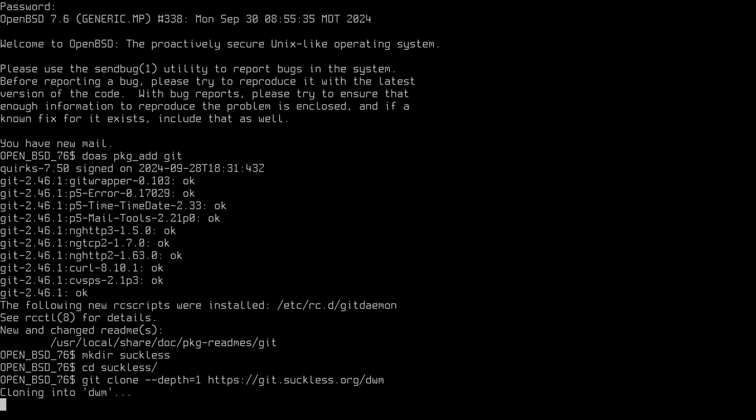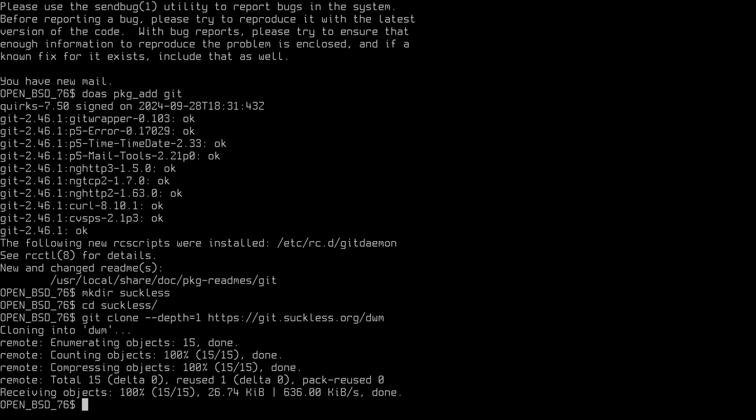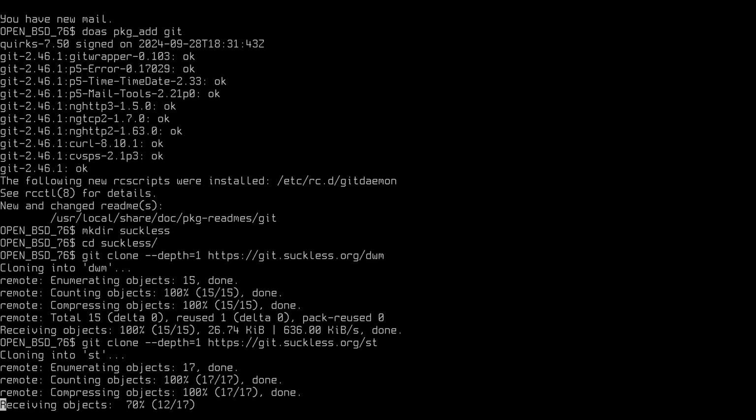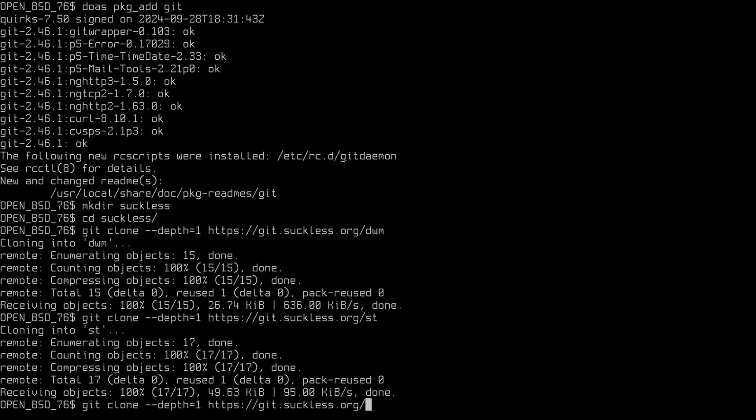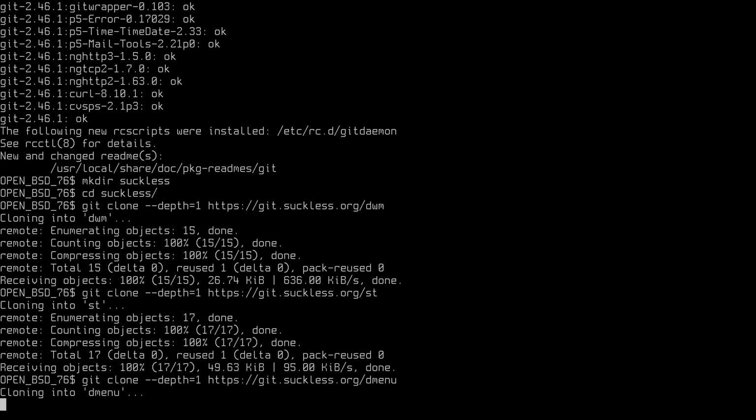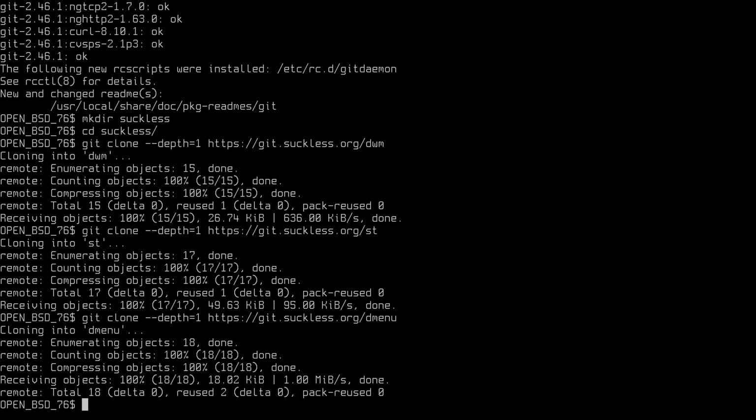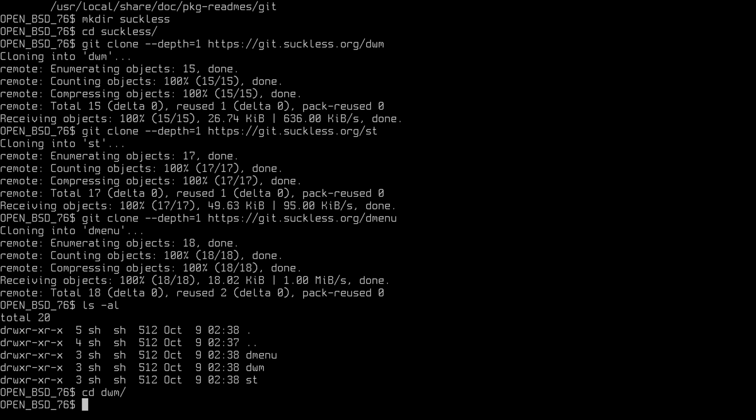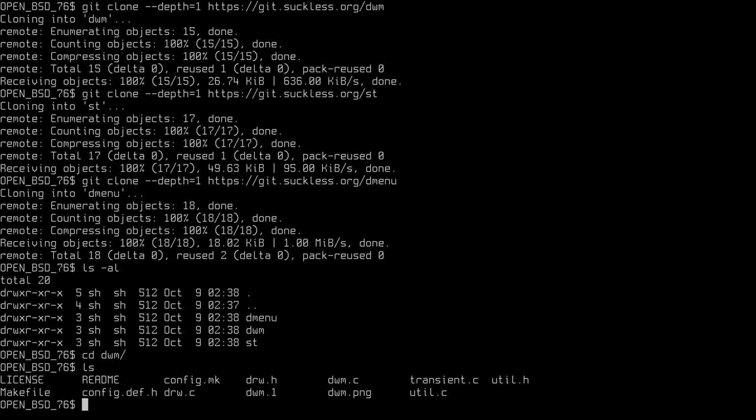git.suckless.org/dwm. I want to clone DWM first, and also st, and last is dmenu. Okay, if I do that, as you can see, I have dmenu, DWM, and st. So let's cd to DWM, and if I do ls, as you can see, so now we have to configure